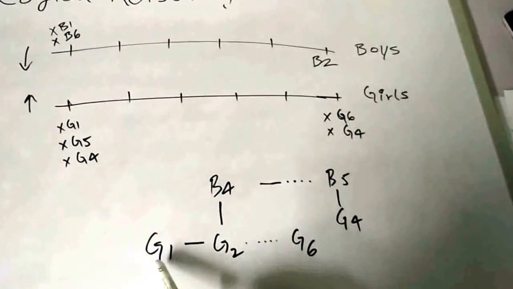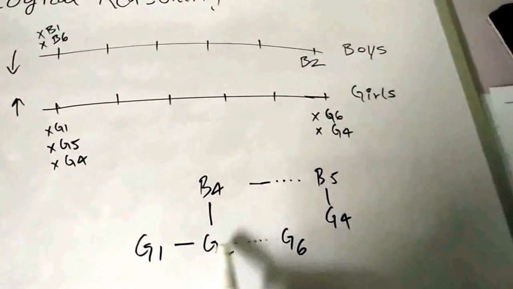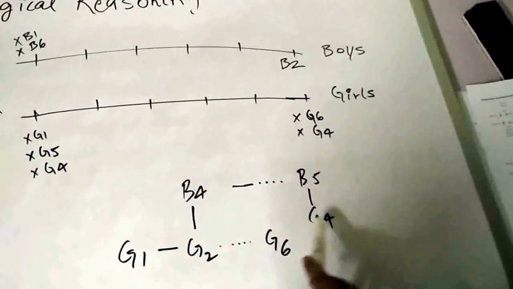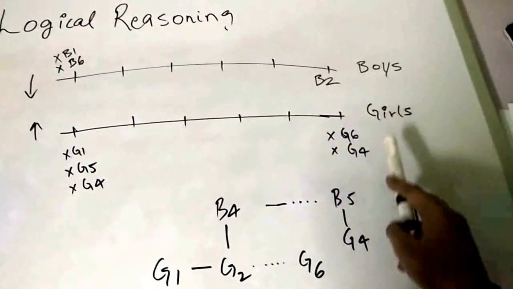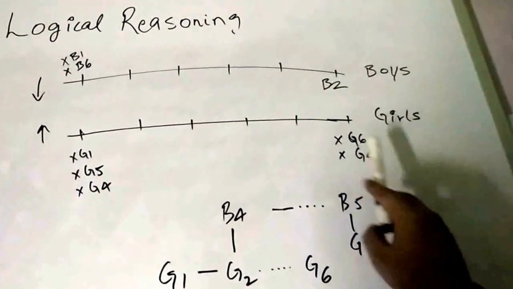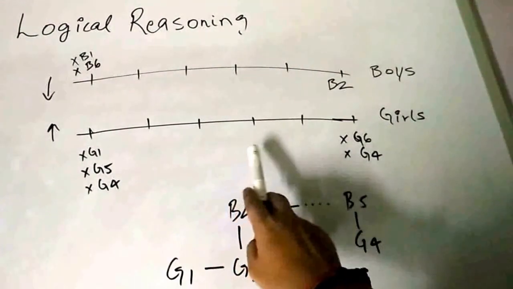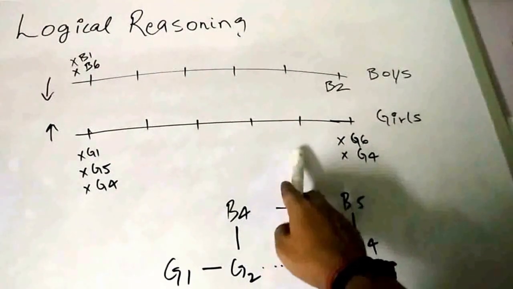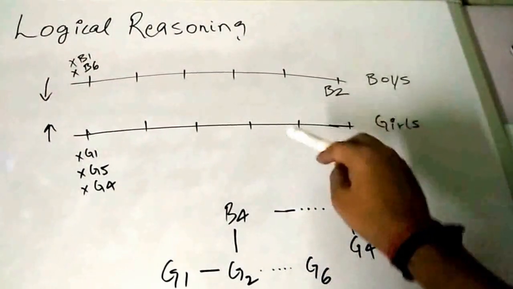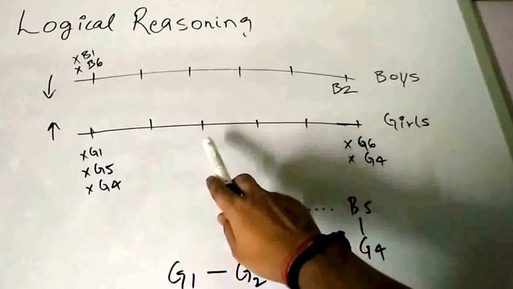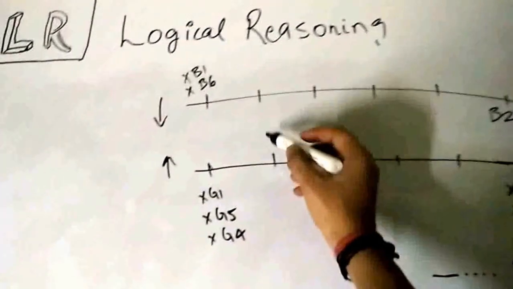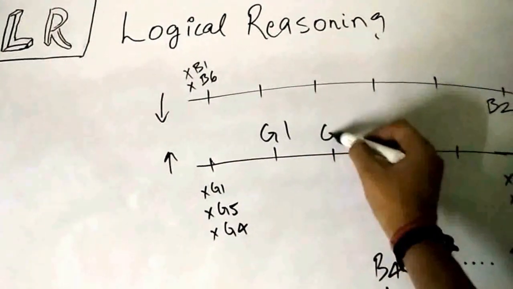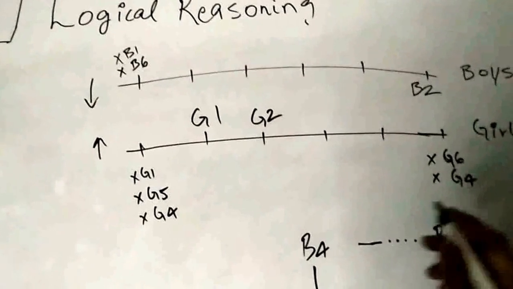So when we place G1, we must see that G2, G6 and G4, all three of these, can take places somewhere. Now as it is given that G6 and G4 cannot be placed here, we cannot put G1 and G2 here, because we cannot put G6 and G4 in these two places combined. So it is fixed that G1 and G2 will come here and here. So let me just write that down. G1 and G2 are here.